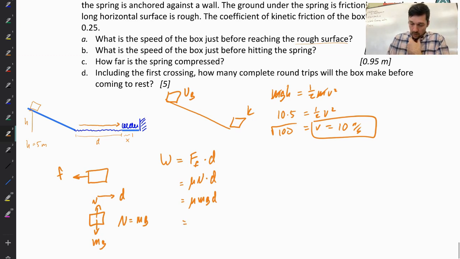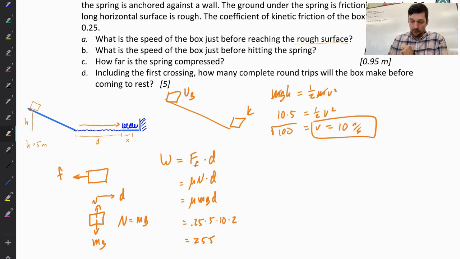So we got a grand total. I mean, we know all these values. So mu is 0.25, mass is 5, gravity is 10, distance is 2. So we got 5 times 2 is 10, times 10 is 100, a quarter of 100 is 25 joules. So as it passes that rough section, 25 joules of energy are going to be lost because it's friction,